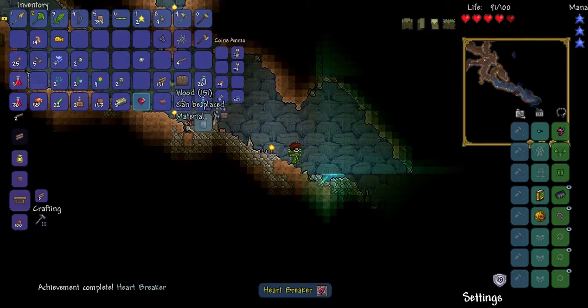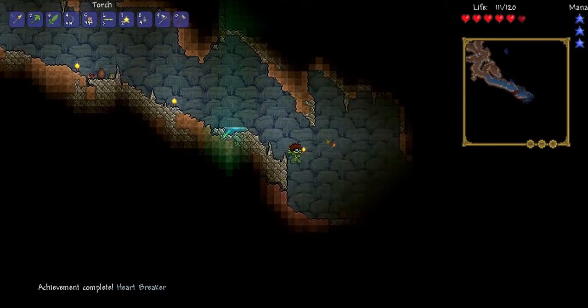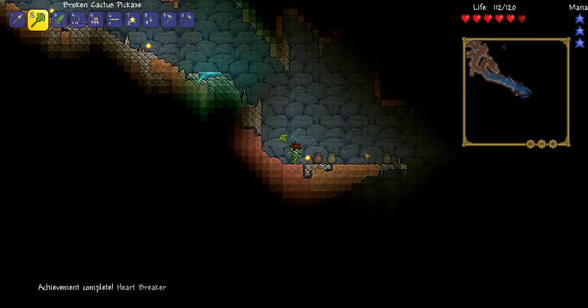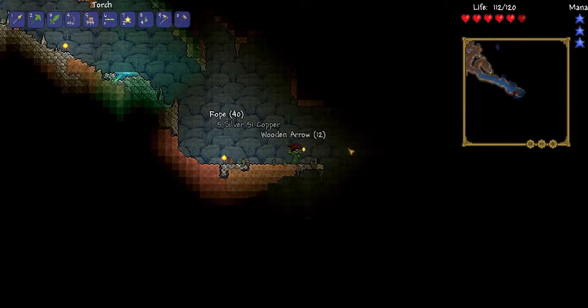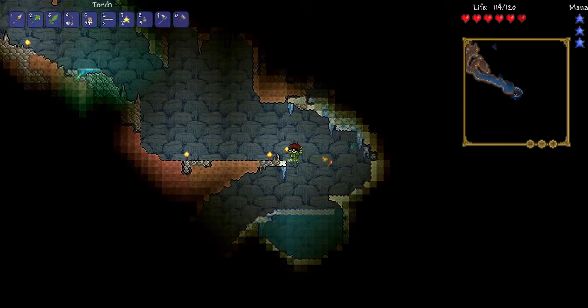I got an achievement for it. And we appear to have reached an underground snow biome. This could potentially be on the other side of the corruption, which could be useful. If we dig up from here, we might be able to circumvent the